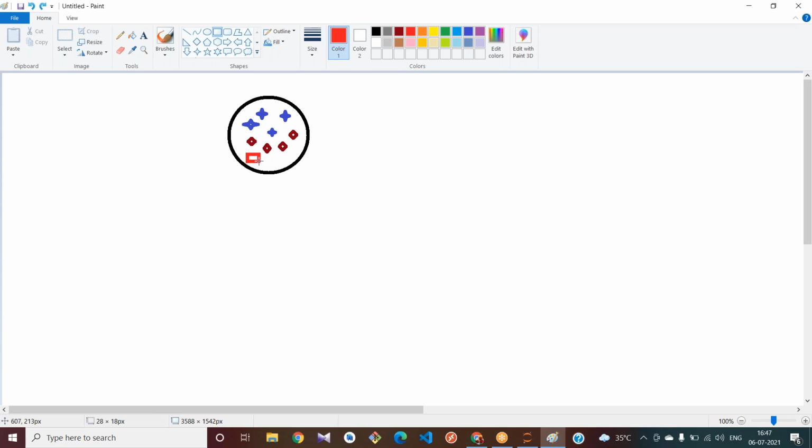Let us assume that this is your data set. What your decision tree does is, it tries to calculate the entropy of every feature. Please tell me how many features there are in this data set.